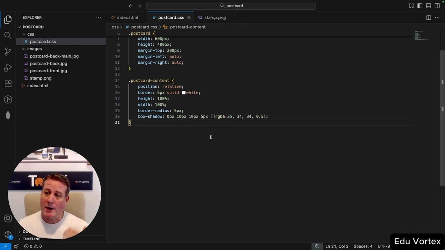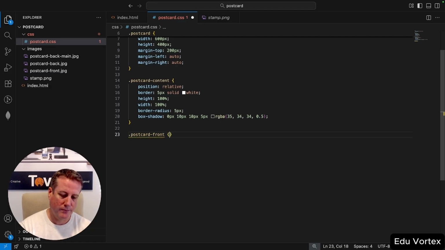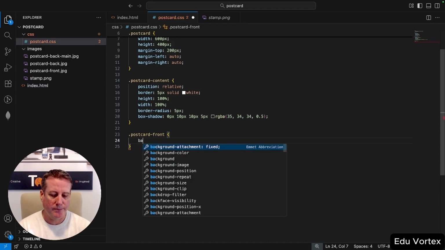So remember, we added another div called postcard front, and that's where we're going to have the front text and the front postcard image. So let's go down and postcard. So dot postcard, spell it correctly, front. Cool. Now, for here, all we really need to do, let's give this thing a background color, background image. Now, if I go background color,